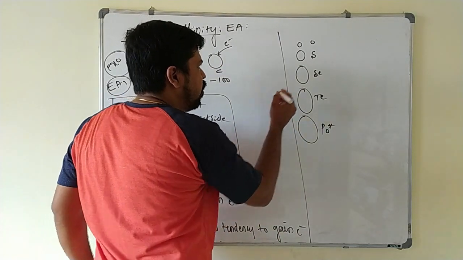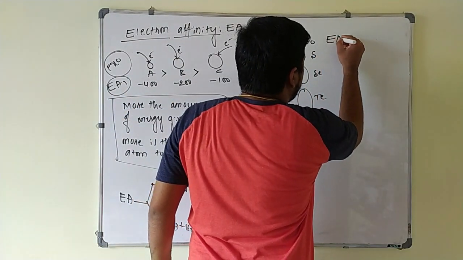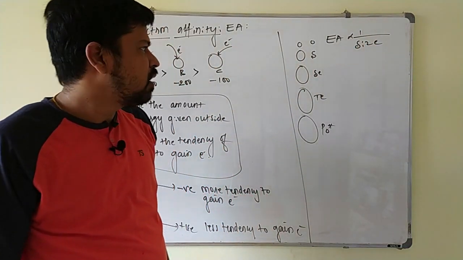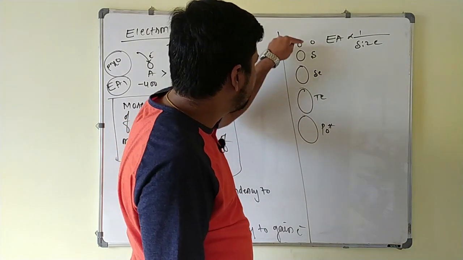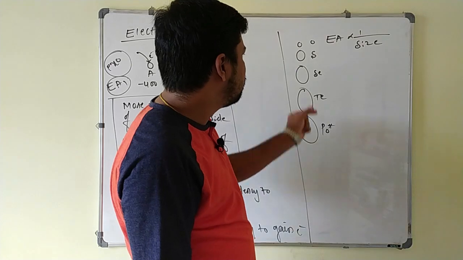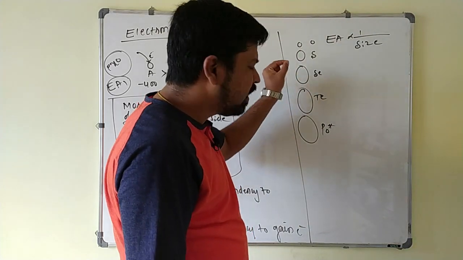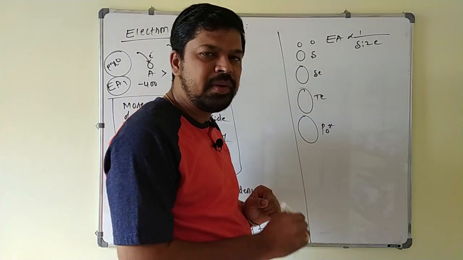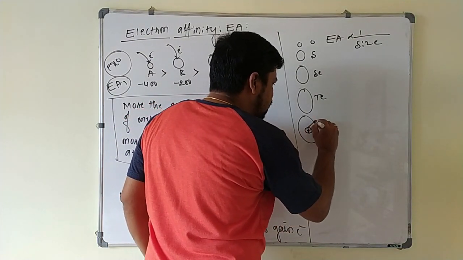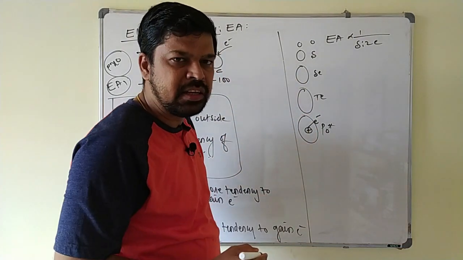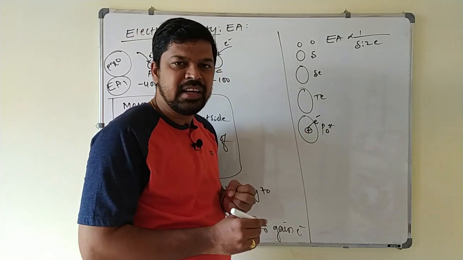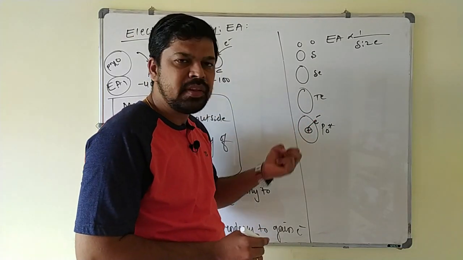So we can write one point here, electron affinity is inversely proportional to what? Size here, S. So because of this, what happens? Down the group atomic size increases, electron affinity value decreases here. So the tendency of the atom to gain the electron decreases down the group with increase in the atomic size. As atomic size increases, the added electron will be far away from the nucleus, so that it will not experience much force of attraction from the nucleus, so that electron gaining tendency decreases or addition of electron become difficult here.